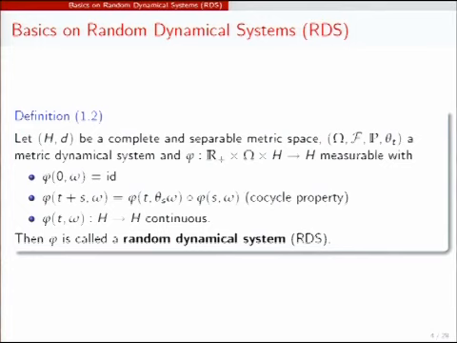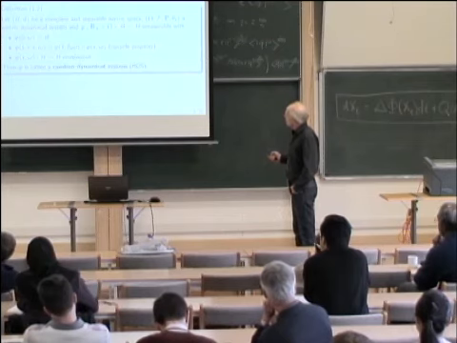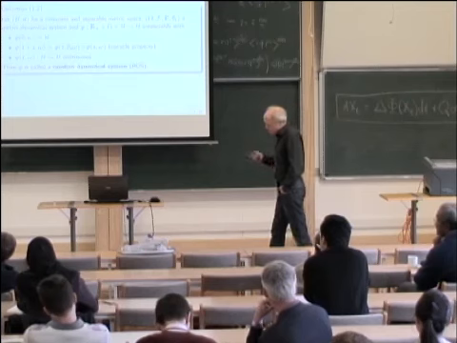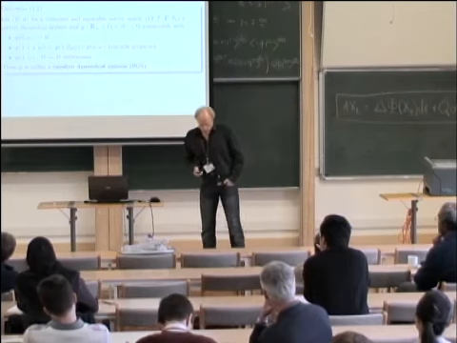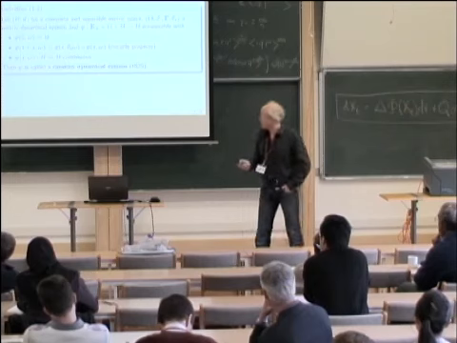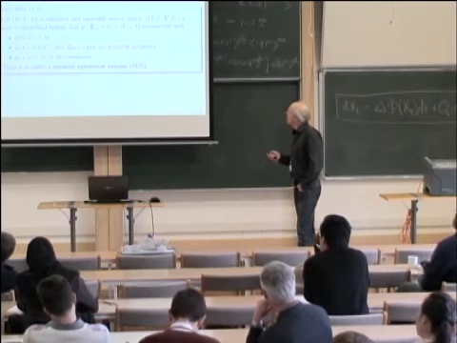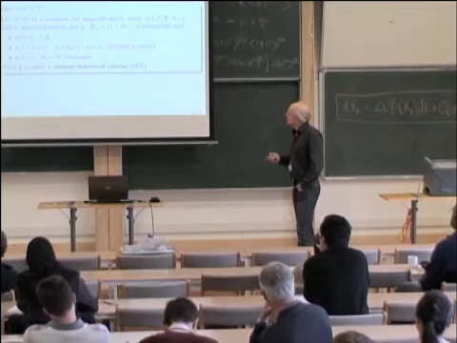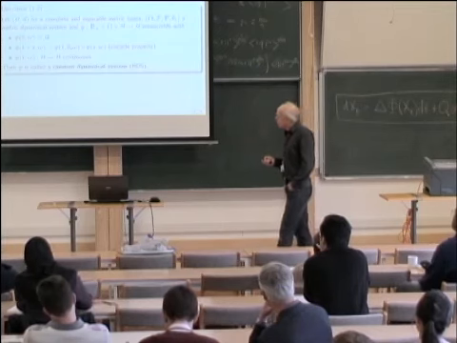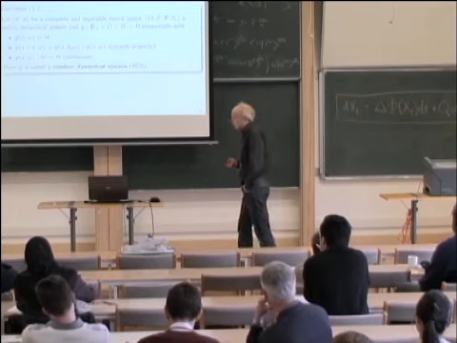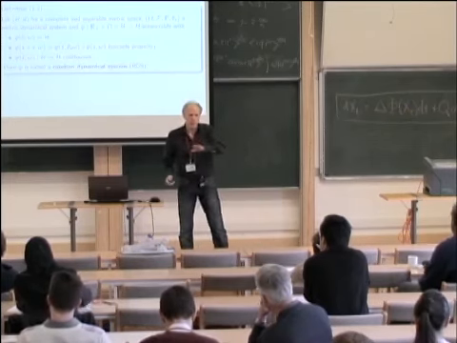And what is very, very important is that this is really true. If you have such a set omega, it will not be the full Wiener space that I wrote before. It will be prescribed by a measurable subset thereof, this omega later on. But what is important is that this is true for all t, s, and all omega, and it should be continuous for all t and omega as a function from H to H. So no zero sets allowed.